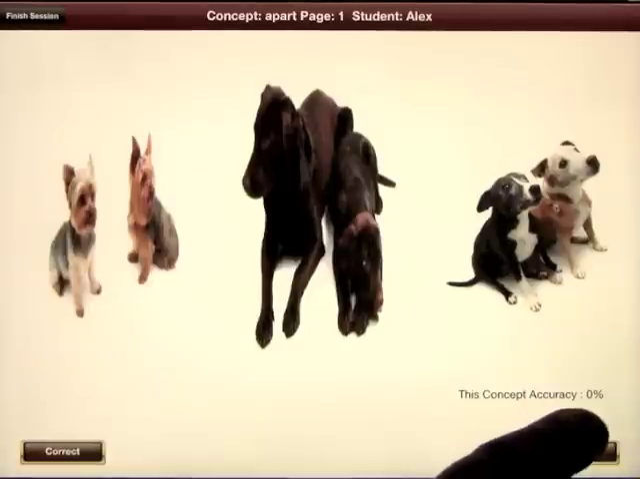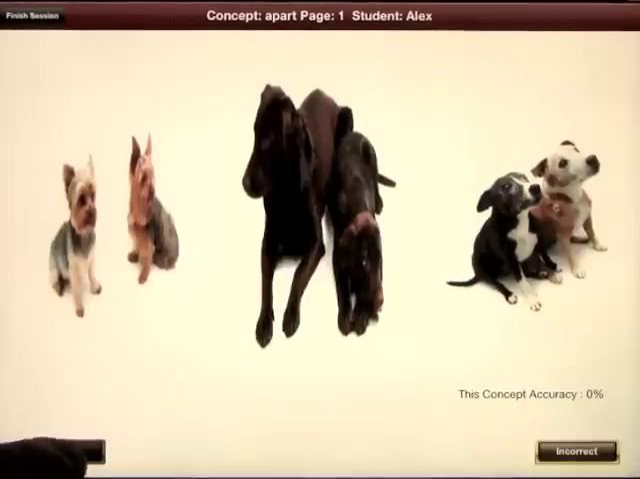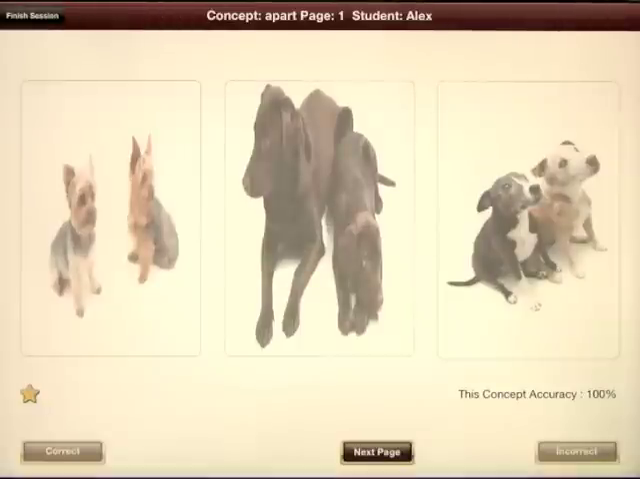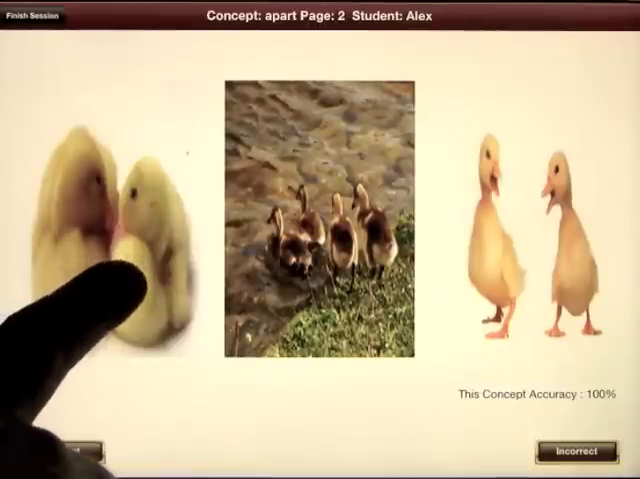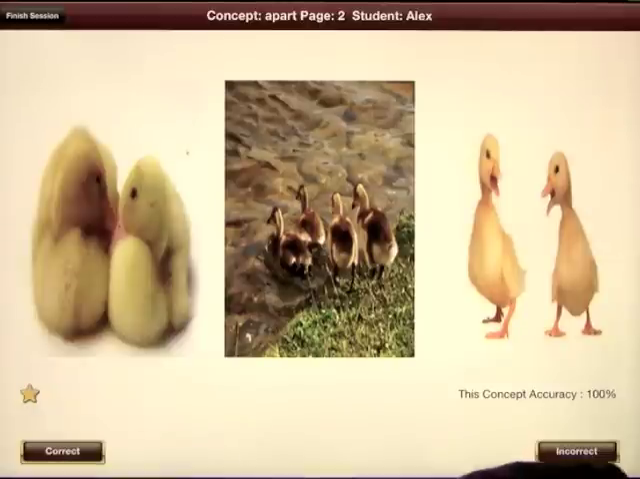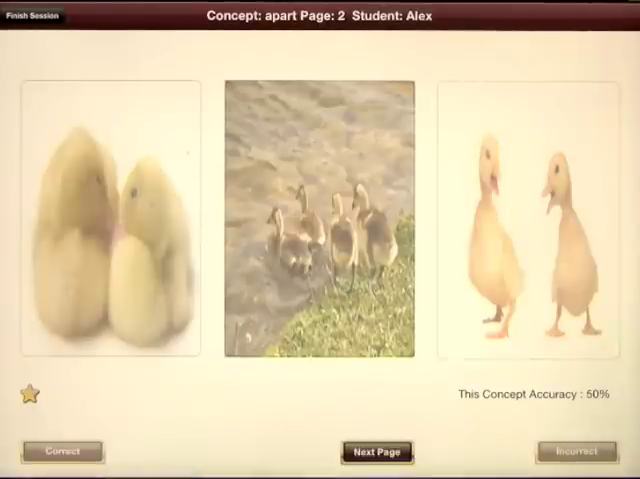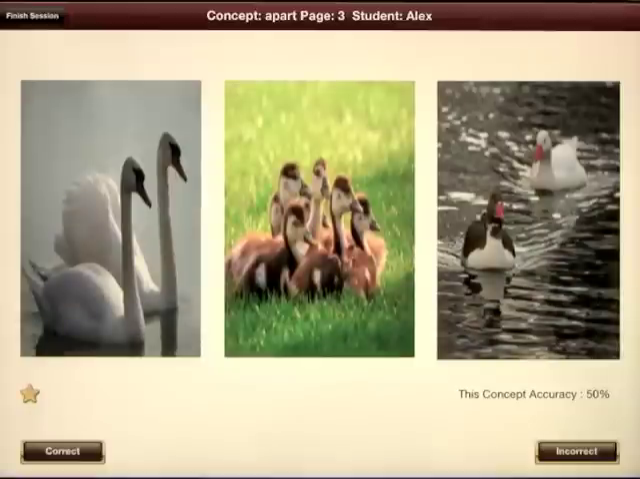You can see the concept accuracy down the bottom. We got that one correct. And then you have the choice of going on to the next page. So we go on to the next page. Again, show me the ducks that are standing apart. We'll get it wrong. Like that, you would press incorrect, and then you would go on to the next page,